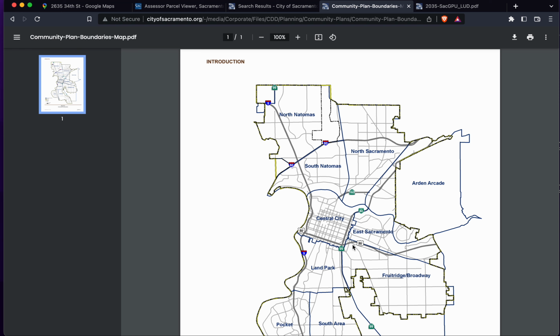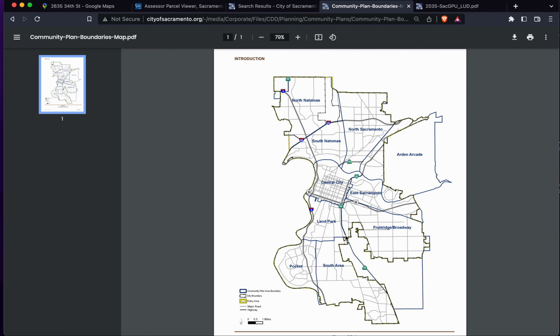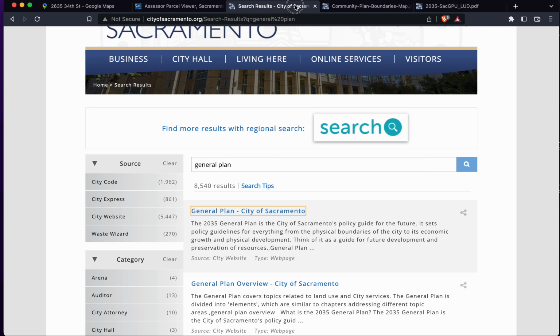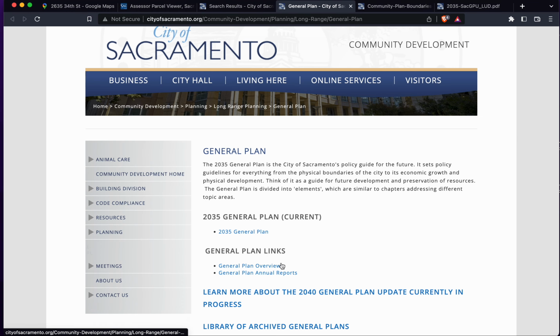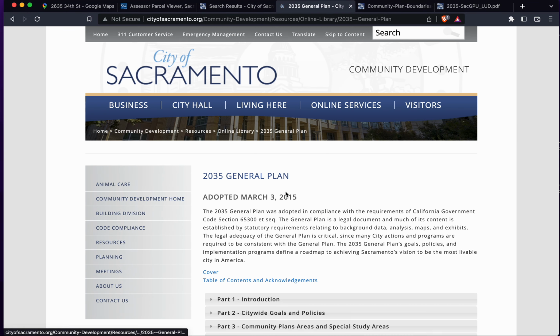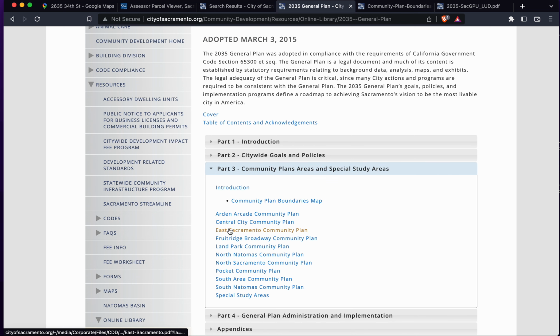We are going to be somewhere here, which is part of the Fruitridge and Broadway. Okay, so we have to look at Fruitridge and Broadway. So let's go back here, general plan, and general plan here. And let's look at Fruitridge and Broadway. Here you go, community plan. So click on that,